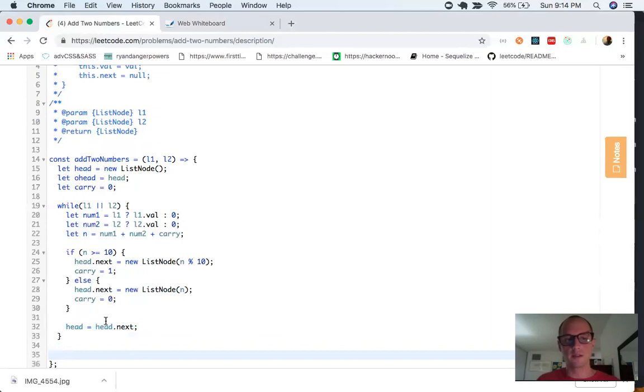If we end on a number that is greater than or equal to 10, then when we exit this while loop, we're still going to have one number left over. So we need to check to see if this carry value here is a 1. If we end with this carry value as a 1, then we need to append it to the end of our list before we return the